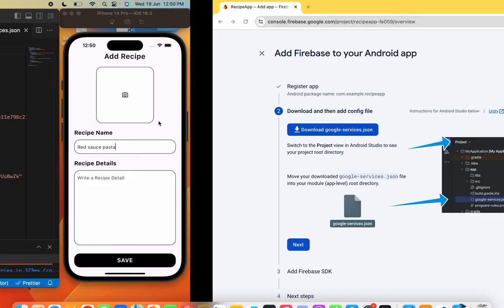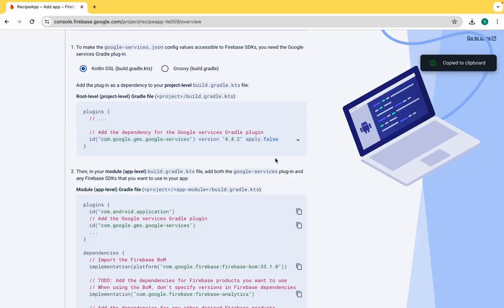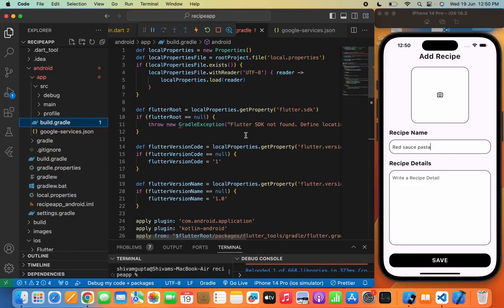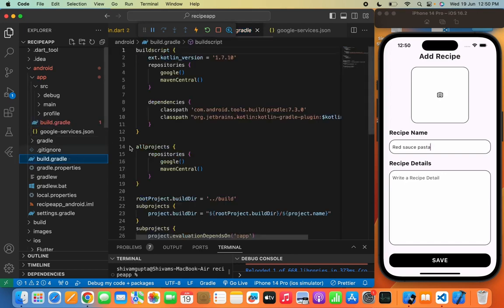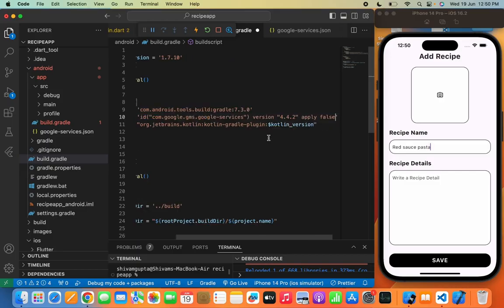So here it is. Now after that we'll click on next and we need to copy this plugin and we'll move to the build.gradle and just move over here and we need to paste it in the class path. So I will paste it in the class path, and do not skip any of the process while I'm connecting the app with